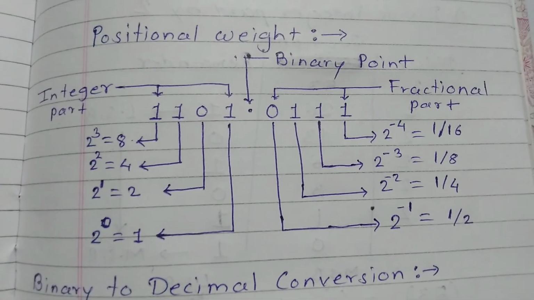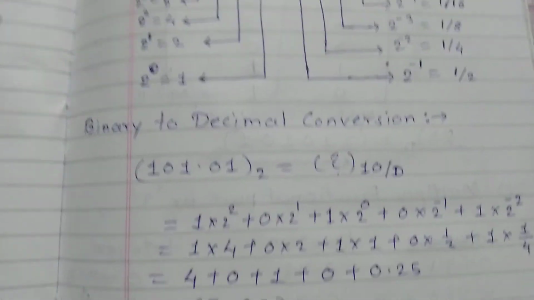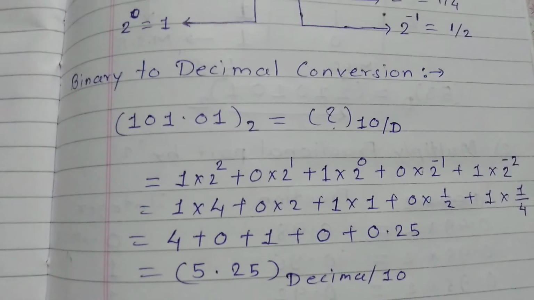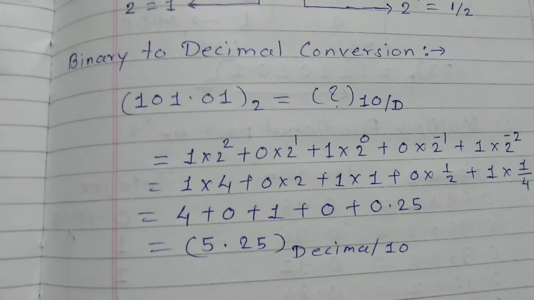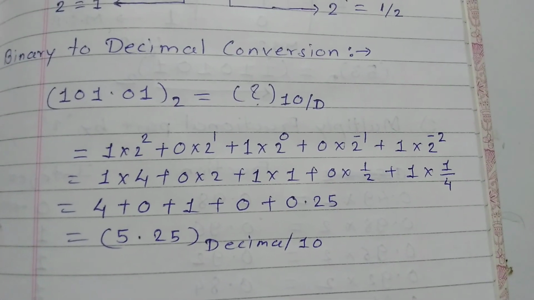So let us understand how to do binary to decimal conversion. We are going to see a binary number and learn how it is converted into a decimal. So the number binary